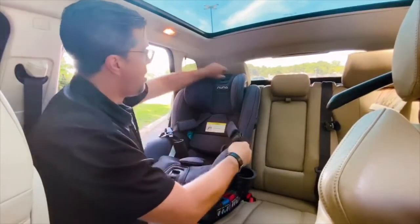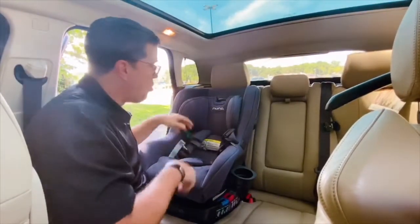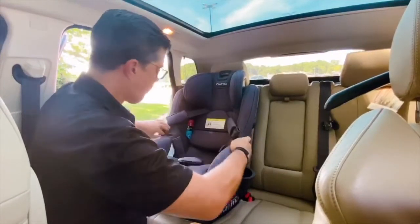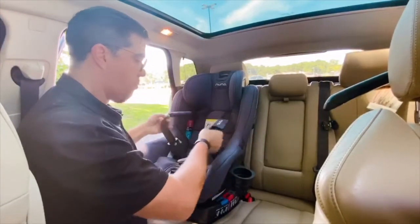Now, what happens is, if I adjust this, the belt doesn't harness properly. So you have to be really cautious. You don't want to tangle the belts in the back of any car seat. So once I have this wide open and at full disposal, if I don't connect the bottom first, chances